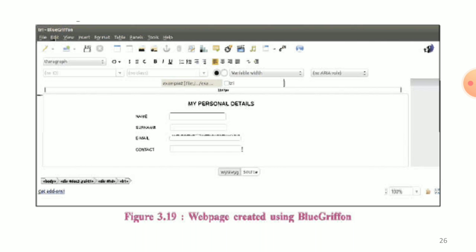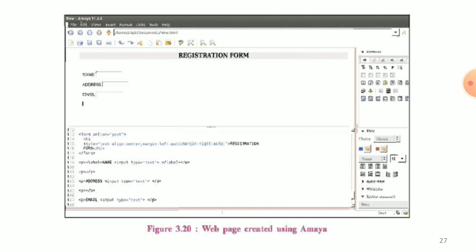It is an intuitive application that provides web developers with a simple user interface which allows them to create attractive websites without requiring in-depth technical knowledge about web standards. Figure 3.19 shows the interface of Blue Griffon version 1.6.2. We have created a simple form using the tool. That is the interface of Blue Griffon.